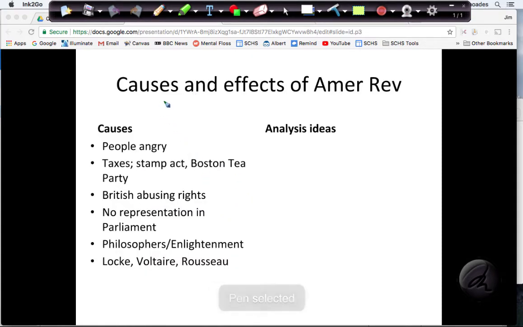Okay, so this stuff down here is my brainstorm. This is what I thought of when I was thinking of what do I know about the American Revolution and why it started. I know that people were angry, and I knew it had something to do with taxes, and really the Stamp Act was the only specific tax that I came up with. I wrote Boston Tea Party, but if I think about it, the Boston Tea Party is not an example of a tax. It's really kind of proof that they were angry.